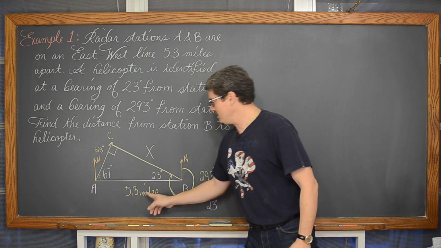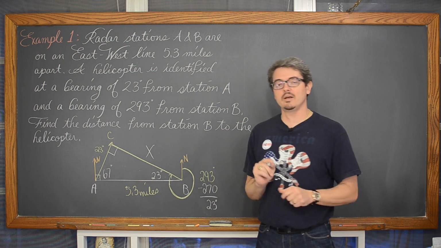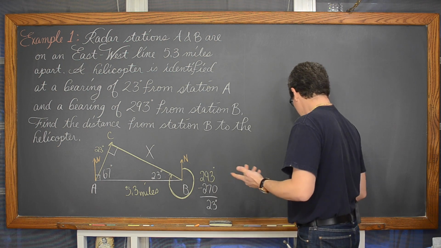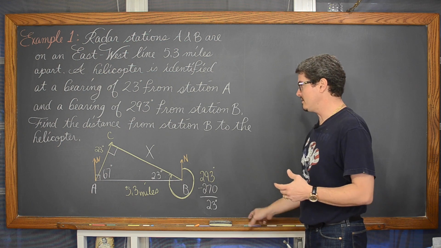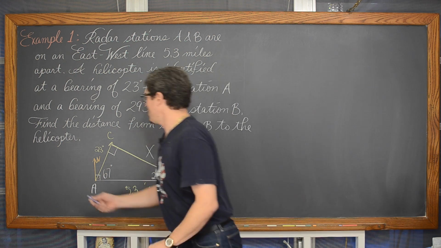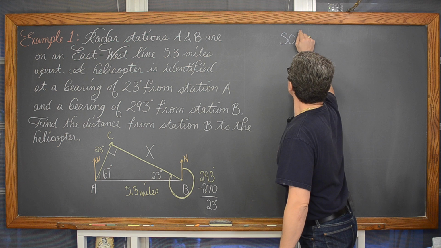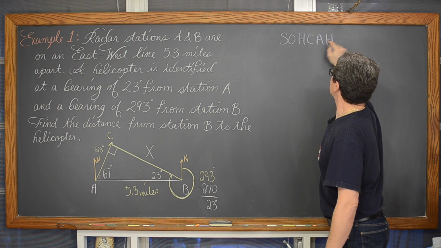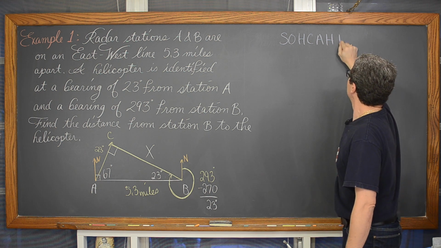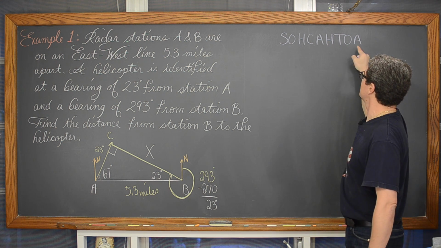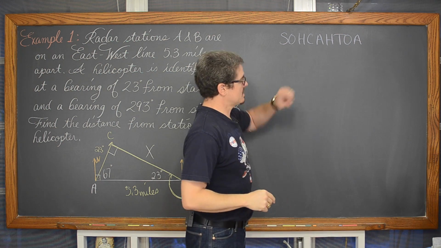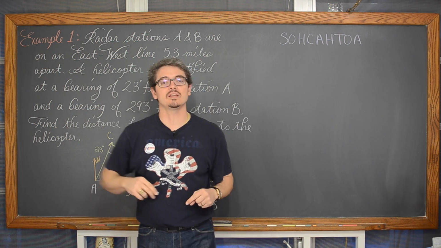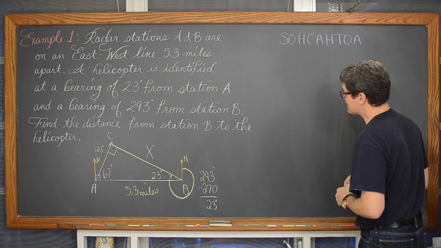Now, in this right triangle, we only know one side, and we're trying to find a missing side, which means, to find missing sides of a right triangle, you're going to be doing either the Pythagorean theorem or SOHCAHTOA. SOHCAHTOA. Sine is equal to opposite over hypotenuse, CAH, cosine is adjacent over hypotenuse, and TOA, tangent, is equal to opposite over adjacent. Let's see here. I'm sure I have a lesson on right triangle trigonometry. If you need that, I will put a link in the description of this video.